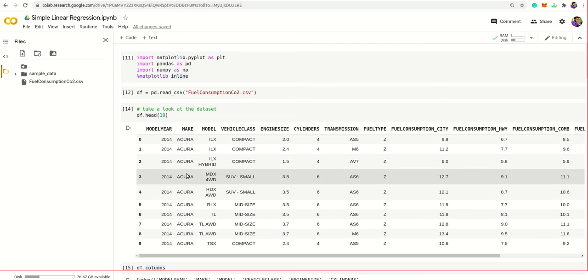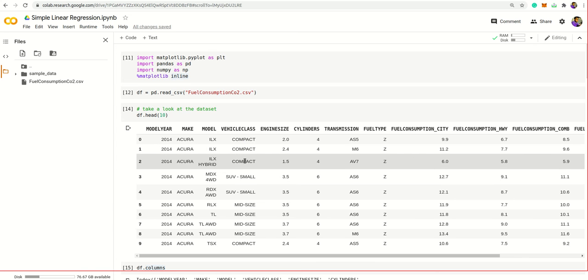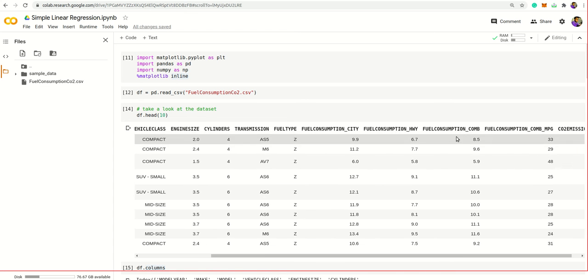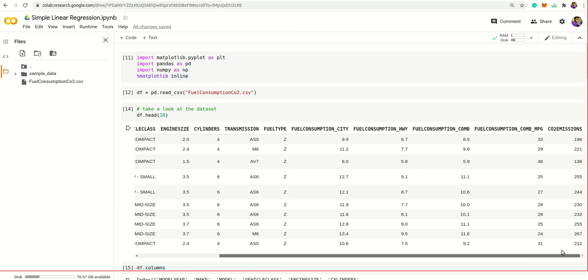Make and model, vehicle class are also not important for CO2 emission. Yes, engine size is more important, cylinder yes, and transmission no, fuel consumption city, fuel consumption highway, fuel consumption combined, and CO2 emission.